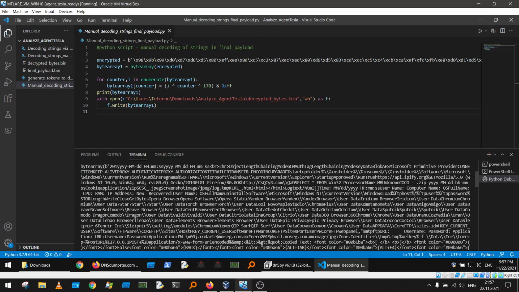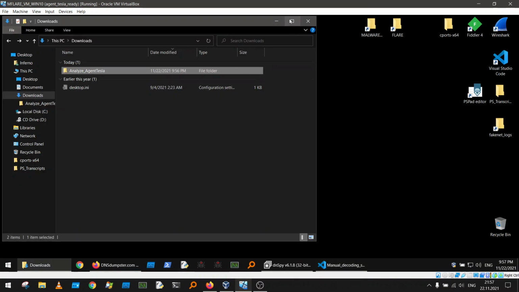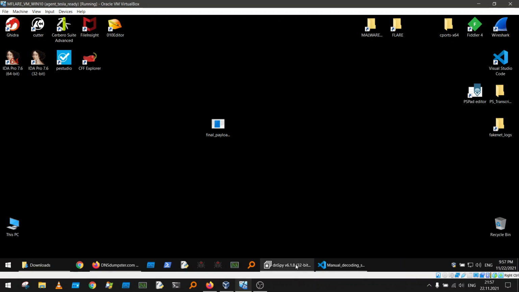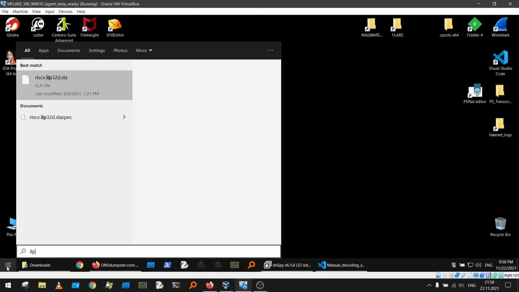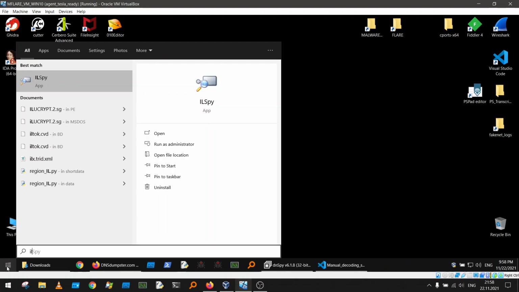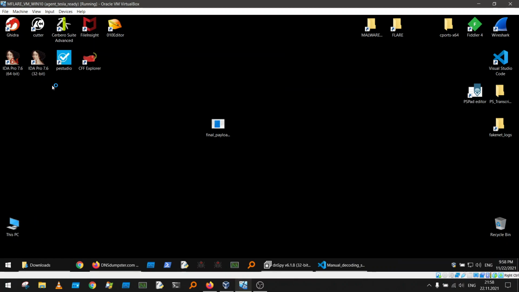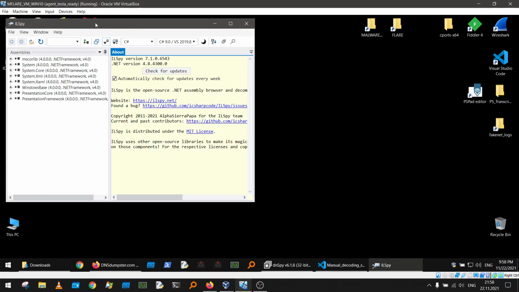another tool, which is called ILSpy. DnSpy is using the ILSpy engine for the decompilation, and I want to show you that ILSpy is able to give you these bytes. And I will show you how you can convert it to Python in a very simple and fast way. So ILSpy,